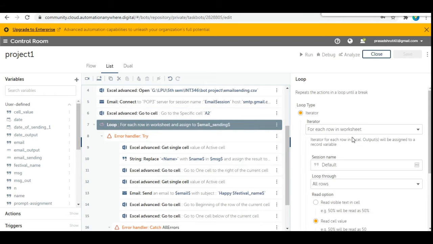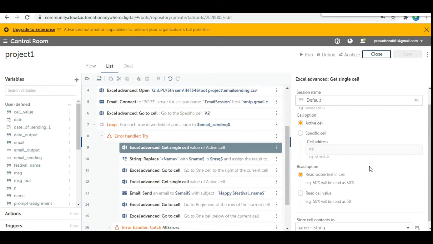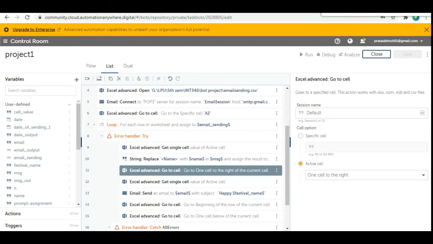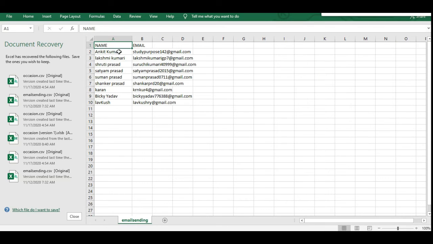For each row in worksheet, get single cell, return the value of this active cell, and after that I have replaced the name with the cell value, and then I have replaced the name with Ankit Kumar.